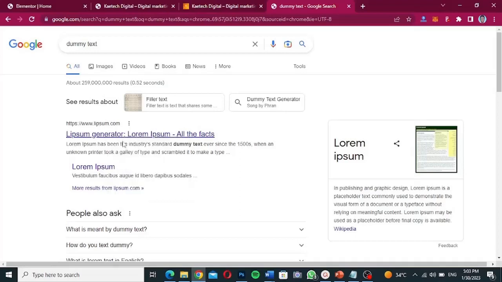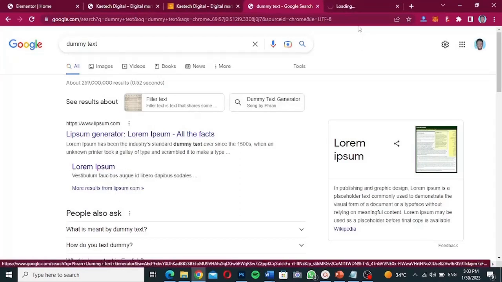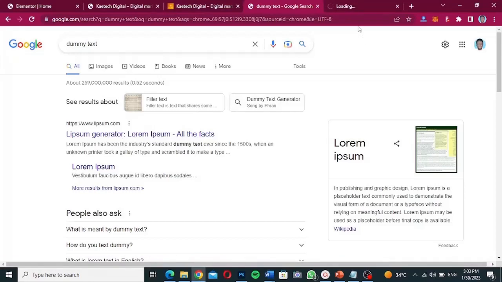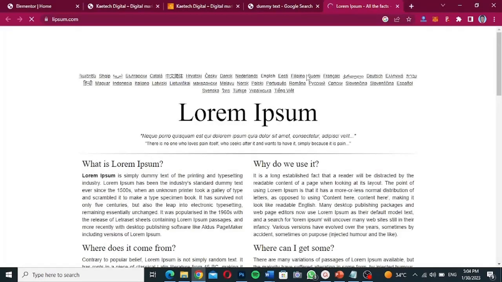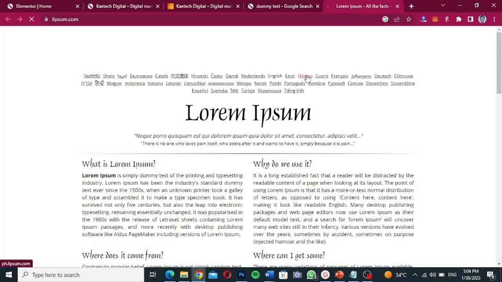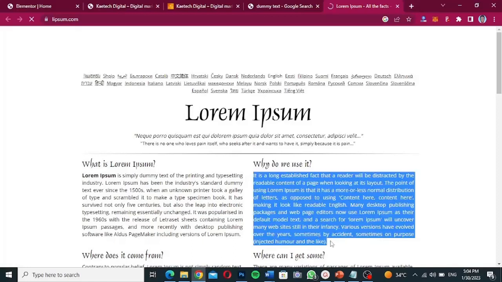So we're going to go to the Lorem Ipsum website, and then just copy some dummy text over there. So I'm just going to copy this dummy text, come back over here,